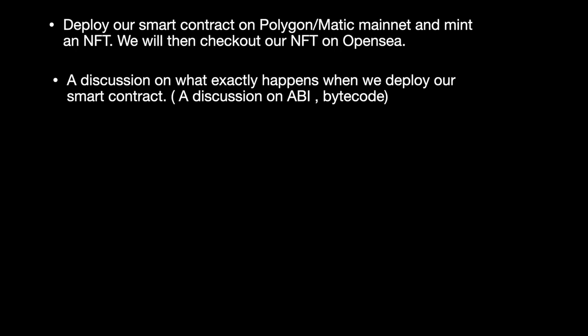Now we'll discuss what exactly happens when we deploy our smart contract. I think there is still a lot of gap in my explanation in the last video as to what exactly happens when we deploy our smart contract. For example, we use the truffle migrate command. Under the hood, truffle migrate first compiles our Solidity code and creates a directory called build/contracts, and within it stores the ABI and bytecode in the JSON file. Now understanding what ABI and bytecode are is really important to interact with the contracts on the Ethereum blockchain. So pay careful attention when I am explaining that.